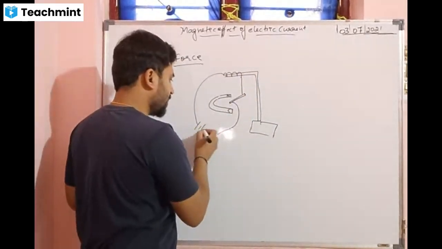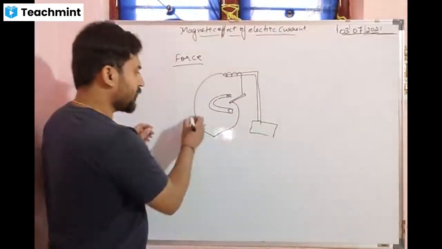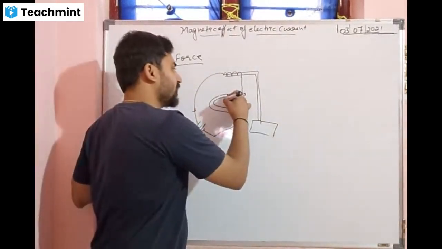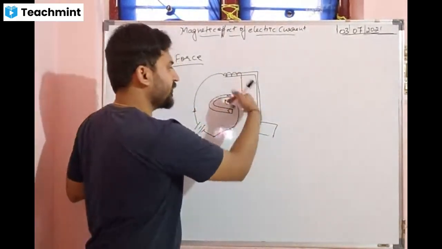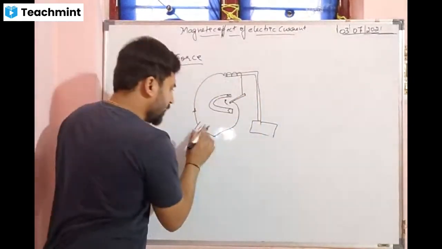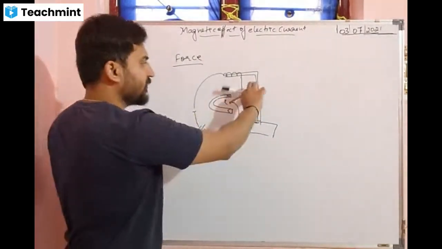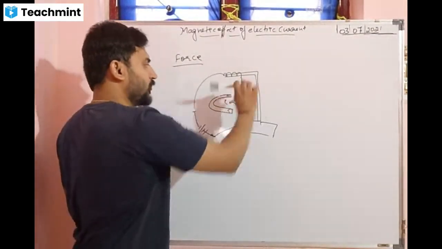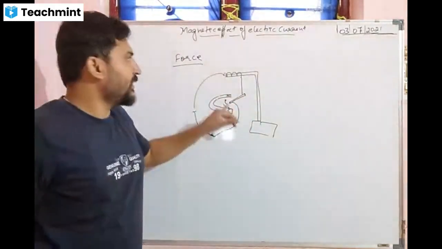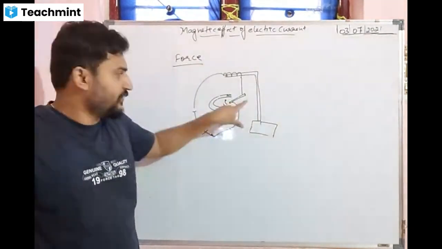So here they connected a battery. When they connected the battery towards this side, the conductor went to the other side, towards the north side. Then suddenly they changed the direction, and when they changed the direction, it came back to the south side. By this we can tell that we can generate a force on a conductor which is kept